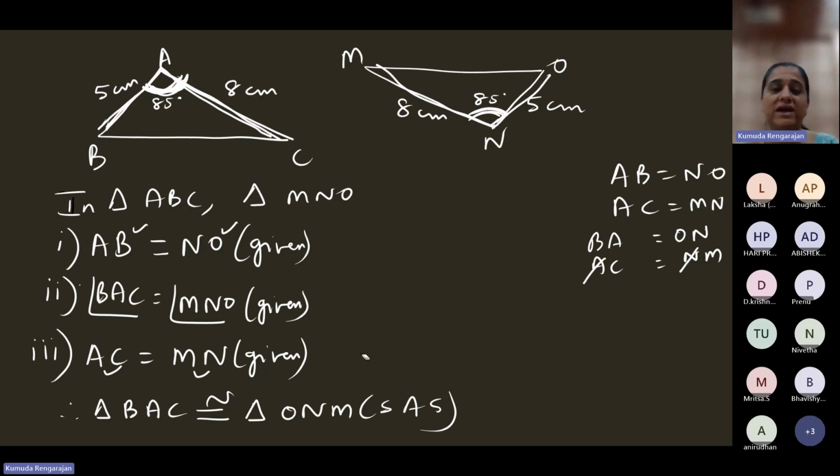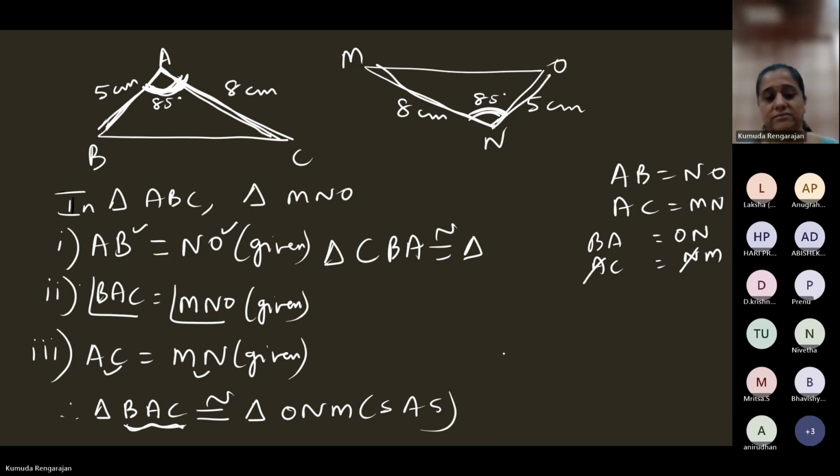So this is about using SAS. You cannot go wrong in naming the triangles in the correct order. It's very difficult to go wrong. So now, if supposing I write CBA, children, triangle CBA, then it's congruent to triangle. If you say CBA, then